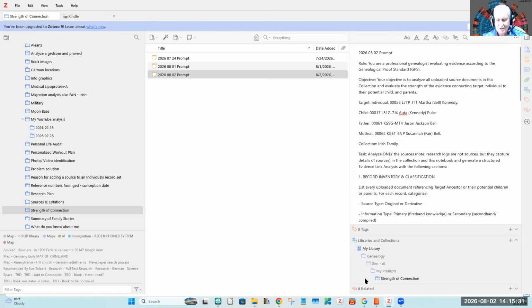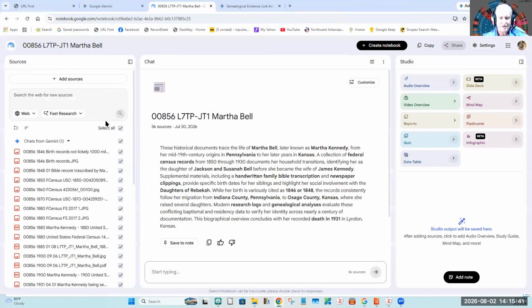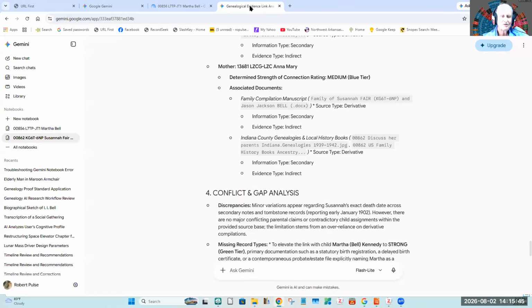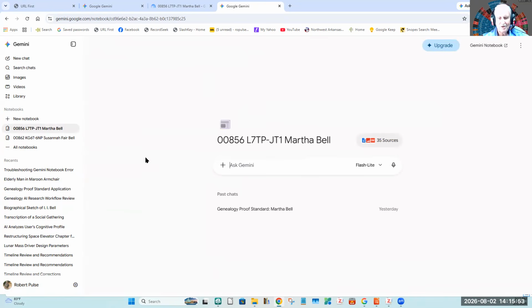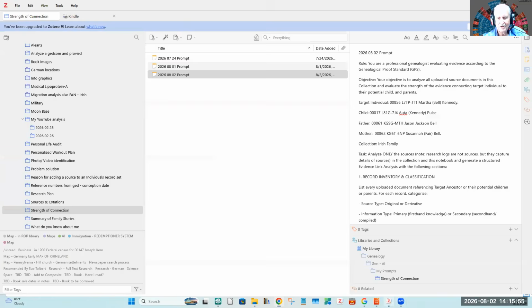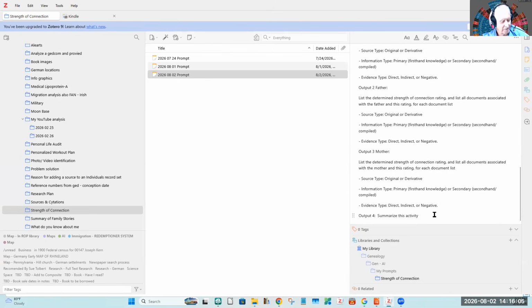And so let's go do that. Let's start here. Now we're going to be doing Martha Bell. So we need to go to Martha Bell. That's this one here. And so we go up here, genealogical evidence, over here, view all notebooks, and we want Martha Bell. So we have Martha Bell. We go back to here, and we take the prompt, which I've got all built, and put that in there.